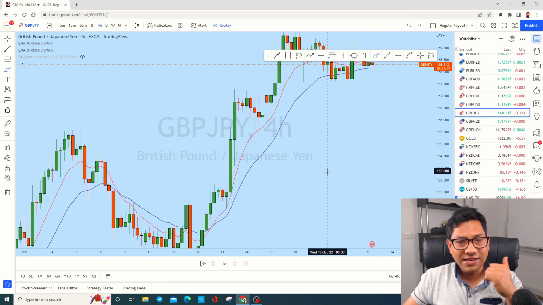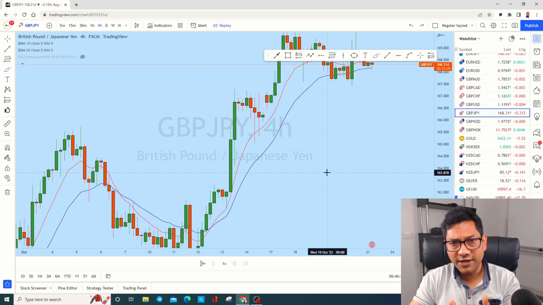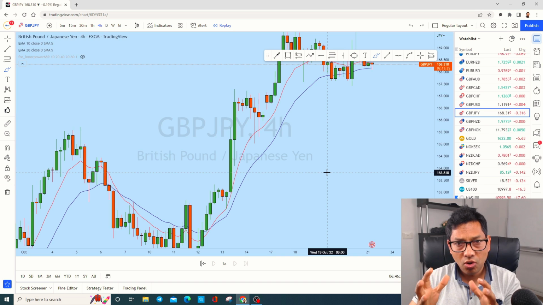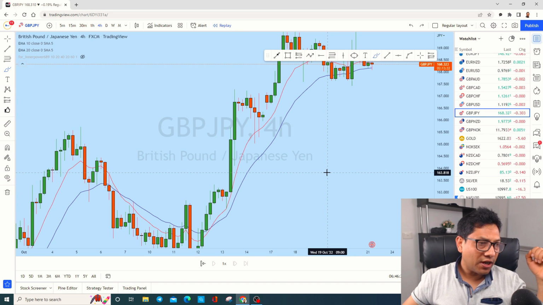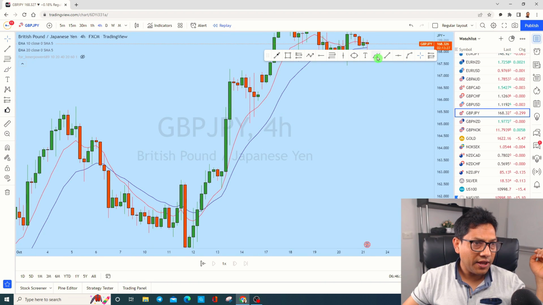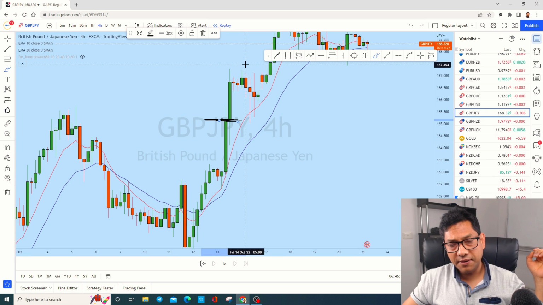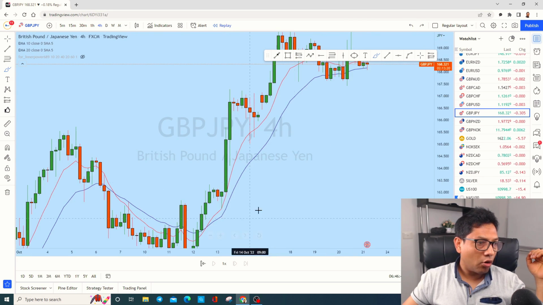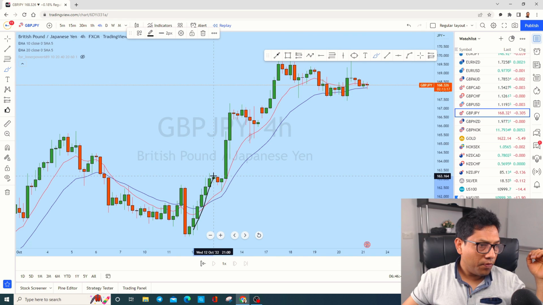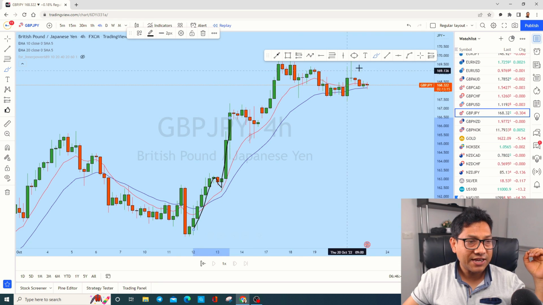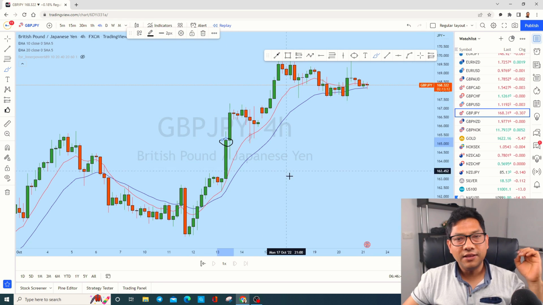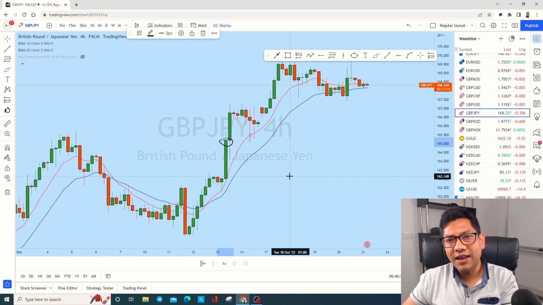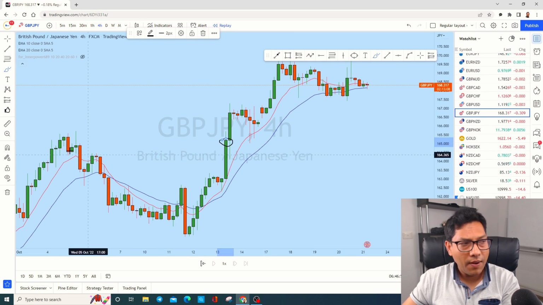So that smaller candles is in fact a pullback. So when you scalp, always look at which phase the market is in. Is it an impulsive phase or a pullback phase? For example, when this green candle is forming here and it closed, you know that this market is in a pullback. How do you know? Because you have already seen one big move followed by a smaller correction, and it has created another big candle. That means that it is in an impulse, not in a pullback.